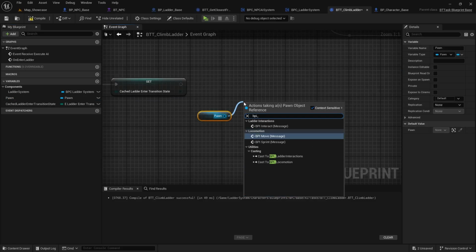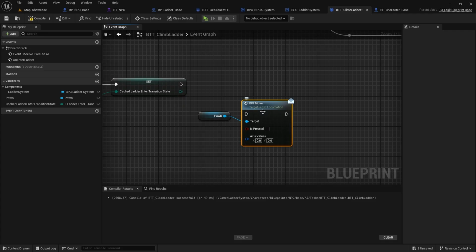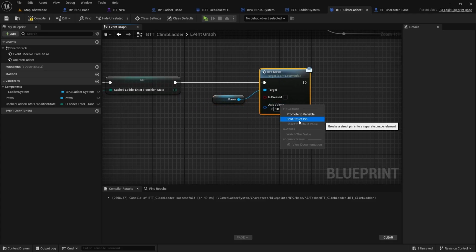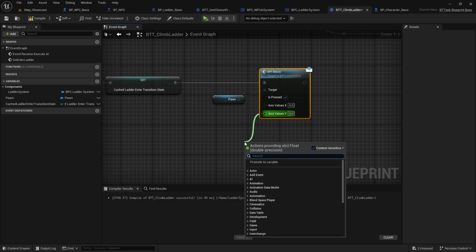Right, so at the climb ladder, what I'm gonna do is I will take the pawn and I will call the BPI Move function like this. And let's split the struct, and I'll mark the is pressed as true. And we don't need to worry about the x-axis because that's the horizontal axis. So since the ladders are vertical, we need to simply control this value. So this value will be dominated based on the